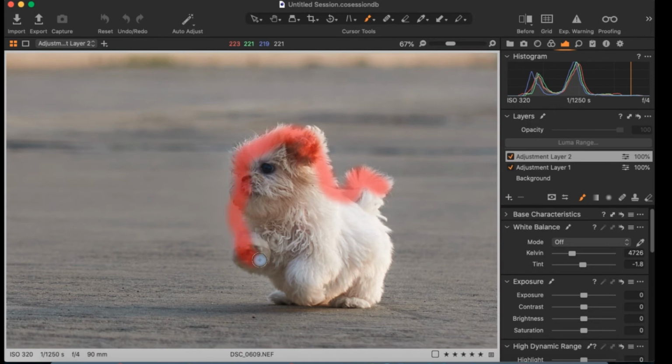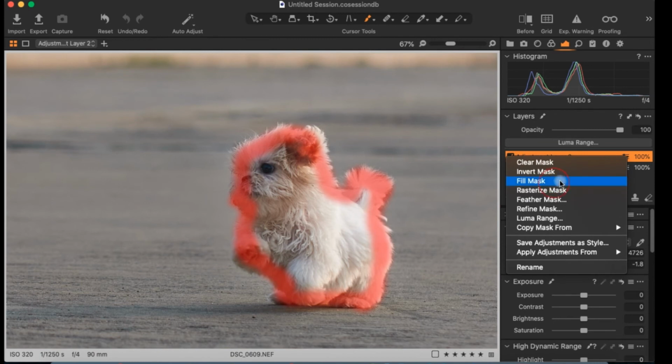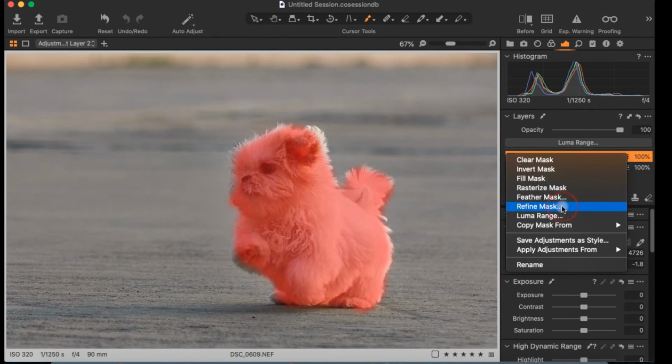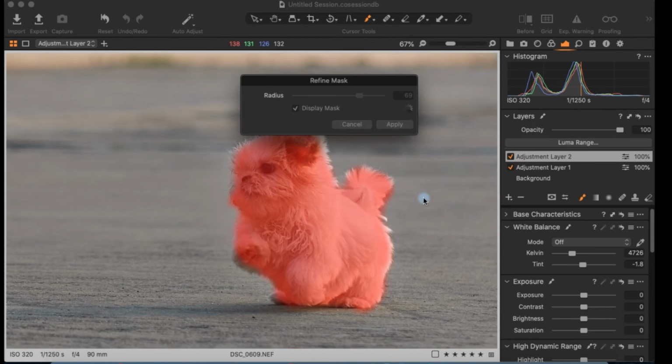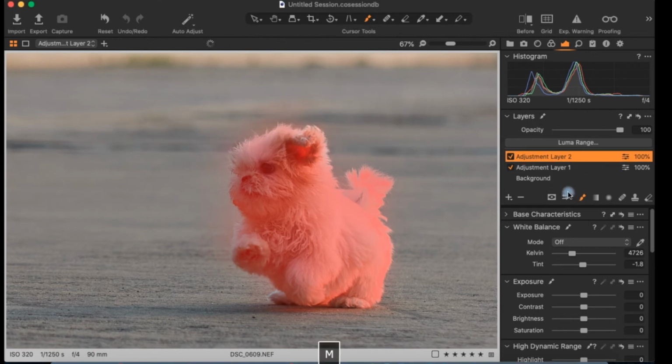I'm going a bit rough at the moment, but you can take your time when you are doing this. Let's erase this area. It's gone a little outside, so I will take a brush and paint this. Right click, fill mask, right click, refine mask, apply. Right. Now let's hide the mask for now.